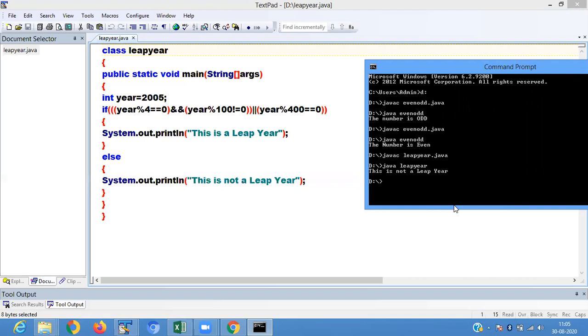This is not a leap year. So what is the condition we are given here? We are initializing a year as 2005.